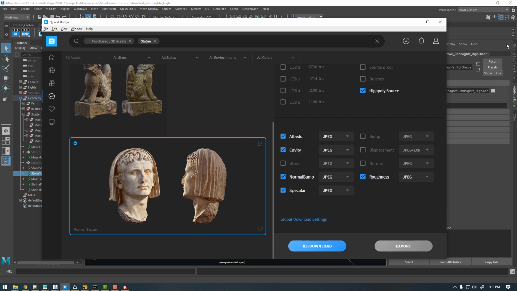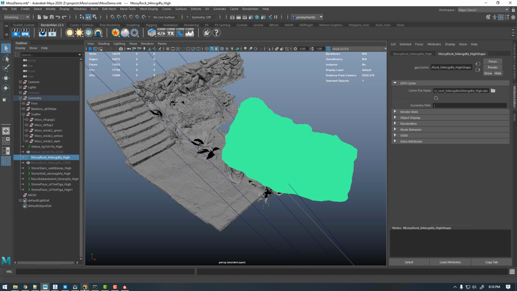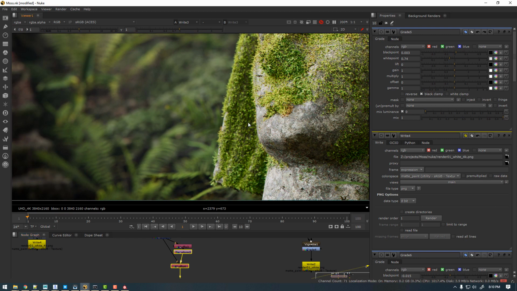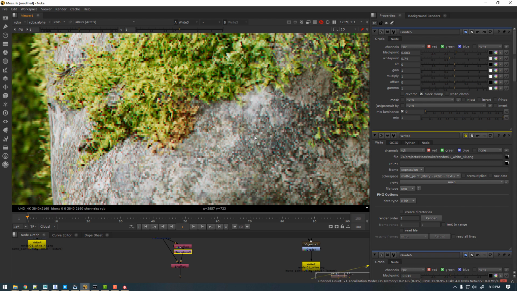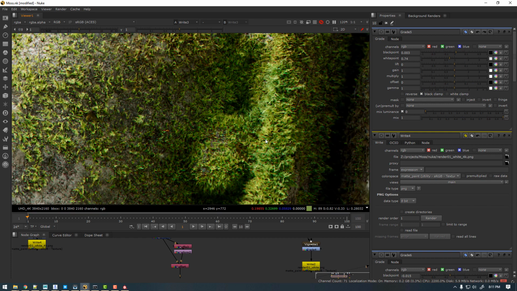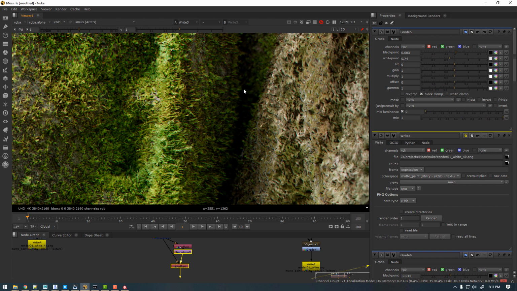So download that, and along with, I did some moss scatter on this back wall, so if I pull up the end result, there is some moss here behind the head itself. I'll leave that up to you. I won't actually need to do that in this demonstration, but again, you'd want to download the FBX of the LOD0 to scatter, and then if you want the high poly source, sorry, my Nuke is wigging out a little bit, but I was just trying to zoom in to show you the moss on the actual rock back here. Anyway,